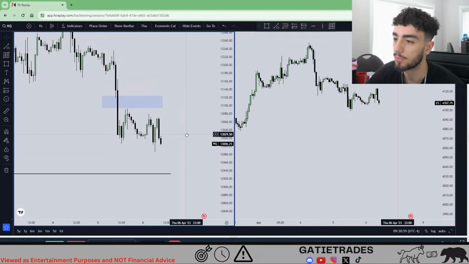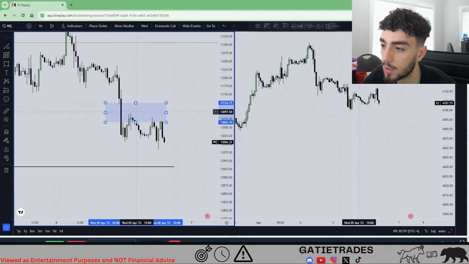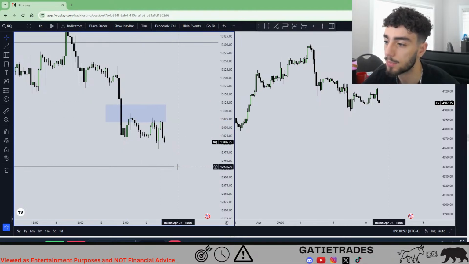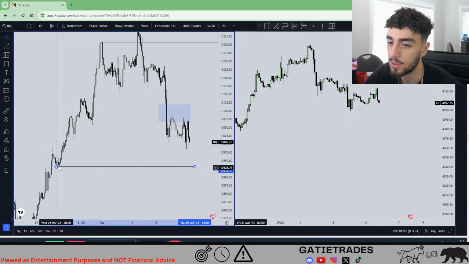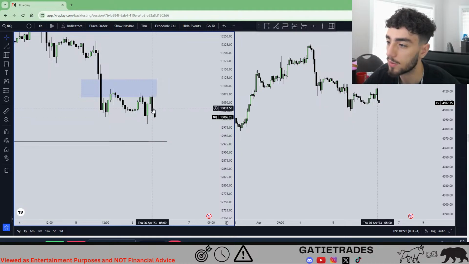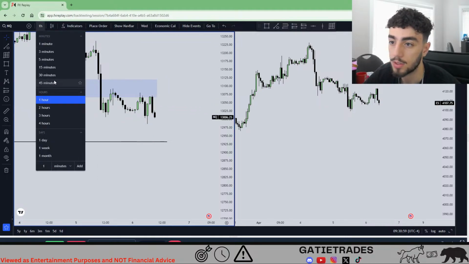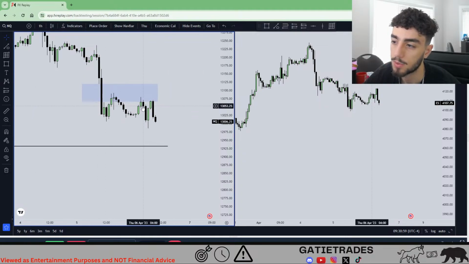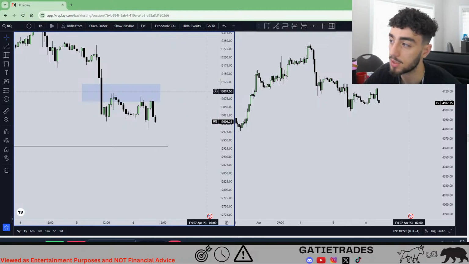Okay, let's look at the 1-hour time frame. So we have this imbalance here on the 1 hour. We tapped in. This is our drawn liquidity. And it looks like a 1-hour bearish fair value gap forming now. So not much you can do with that. You can expect this low to be taken out just using the concepts of IRL to ERL. This low got taken out.